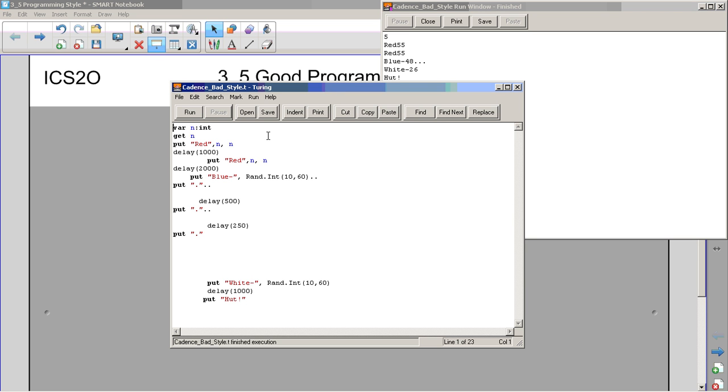Actually, it's a pretty cruddy program, and we're going to be going back to this code and talking about why it's not a very good program. And there's a few things about it. So first of